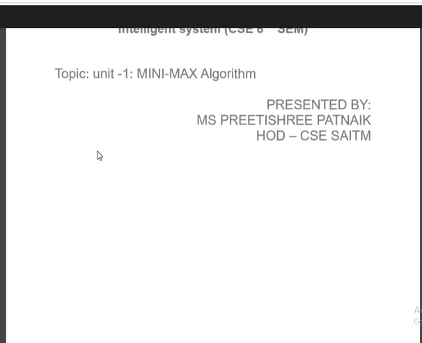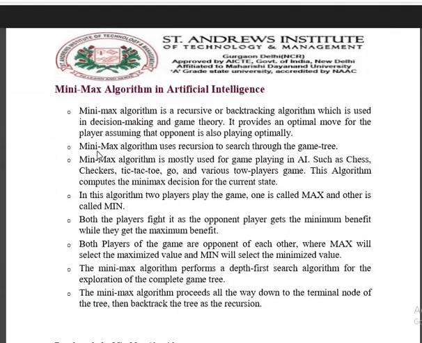We'll go through the definition and an example of this. So initially, when I speak about the mini-max algorithm in the part of artificial intelligence, it is a recursive or backtracking algorithm. I repeat, dear students, backtracking algorithm is very important in this mini-max algorithm. The searching is fruitful when the traversing can continue until we find the root or the terminal level, and we also calculate the terminal values, at the root levels, to see what maximum utility is available.